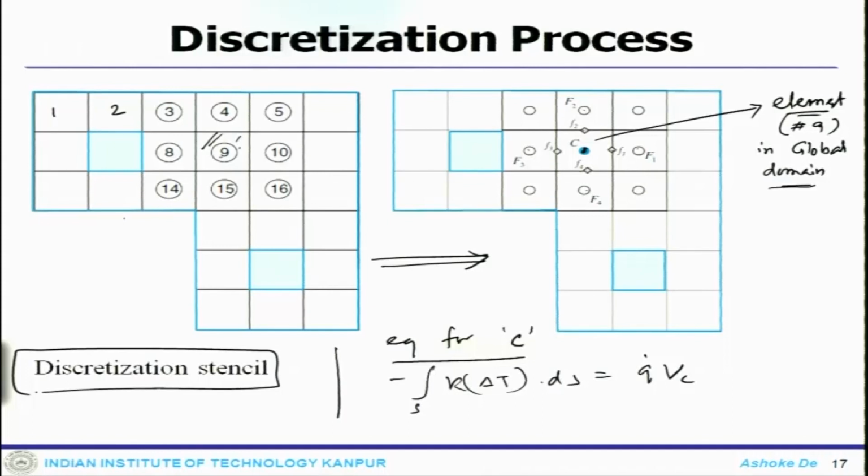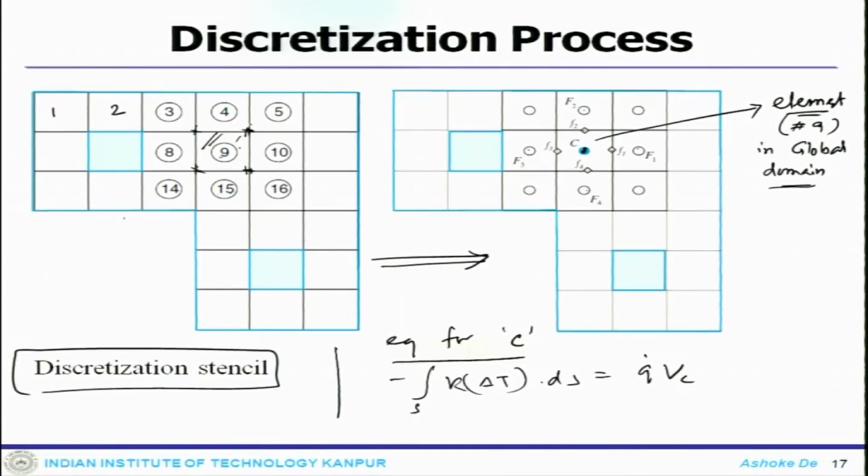Stencil means the particular small element that is surrounded by different connecting elements; for this particular case the neighboring elements are 3, 4, 5, 10, 16, 15, 14, 8. So, that is how it is surrounded. If you look at the vertex connectivity, 9 and 5 are connected with this particular vertex, 4 and 9 are also connected with this common vertex, then 8 and 9 having this and this, 9 and 15 having this and this, 9 and 10 having this and this. So, they are also connected with these 4 corners.